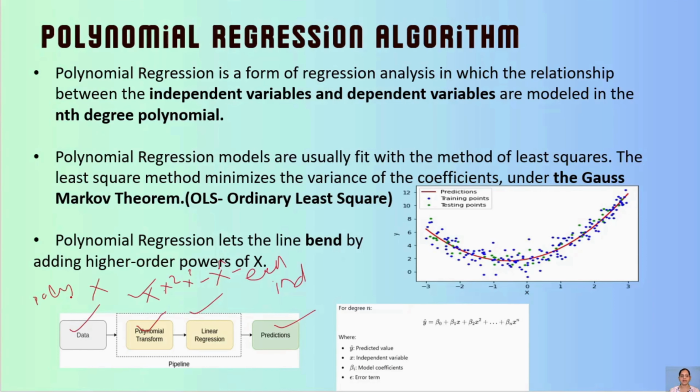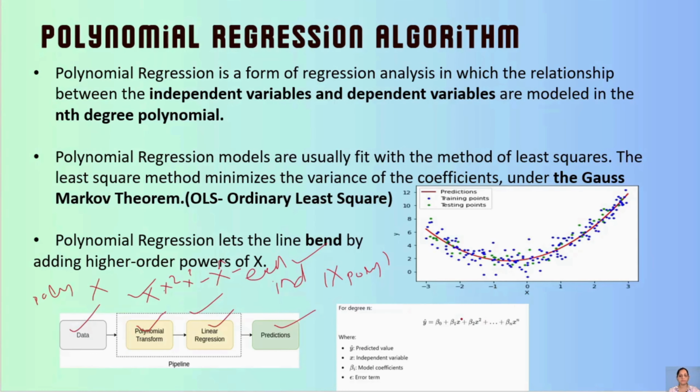After that, we perform a simple linear regression, or multilinear regression when you are considering more than two variables. When it is predicting, instead of x, it is going to take x poly, which we get from the OLS method.